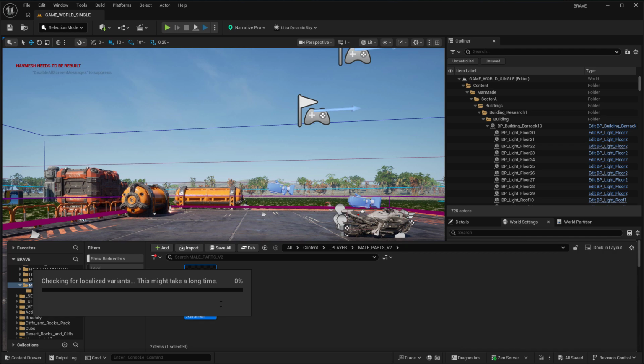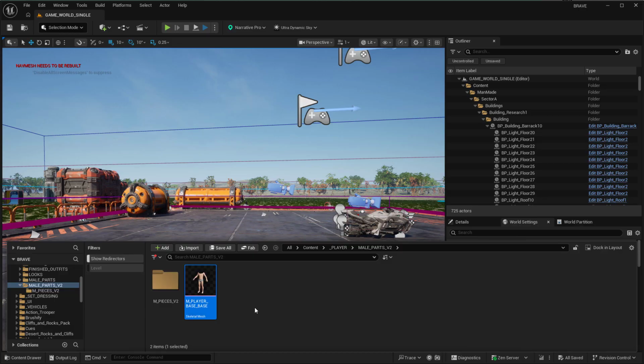So the reason we have the 5th one is because when you're chopping up and doing modular characters in Unreal, Epic has a top parent node that all the pieces are organized underneath. Now, you can't actually change that top parent node at runtime. And what we want is a parent node that has the same skeletal mesh. But we also don't want to see this mesh. So what we can do is we can go in here,